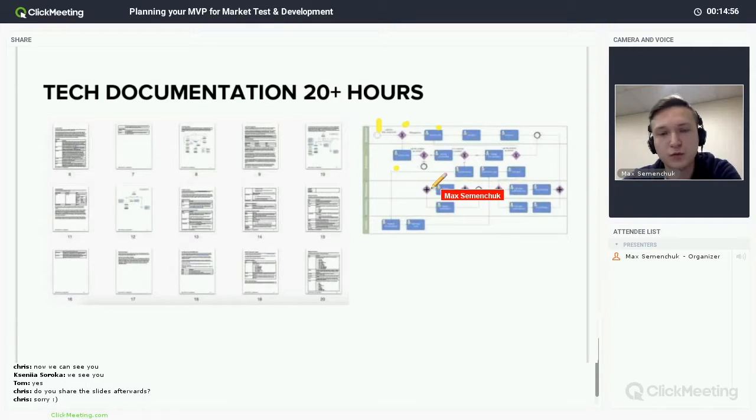And usually in many products there is a positive scenario. So let's assume I want to order a flight ticket from the application. I go to the search, I input, for example, Kyiv, San Francisco, for these dates. I see the options. I click on the option. I start booking, and then I input my payment card, and I get the ticket on my email, right? So this is the positive scenario that shows what happens if everything works right.